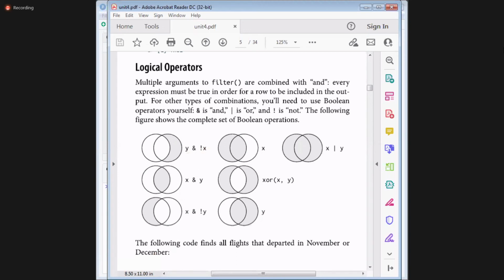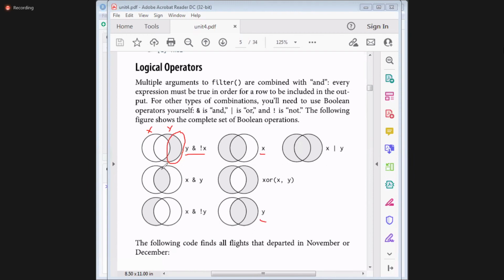Understood? This is your x, this is your y. You want only pure y part which is not overlapped with x. So for this you need to say y, and I want which is not of x. So this is that. If you want complete x, this is the thing. If you want complete y, this is the thing.